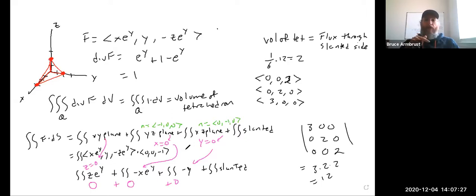But then in terms of the bounds, it's going to be a triangular region. If you come back and you look at this picture over here, it's that base triangle. So you'd want to do integration, man, I'd probably go with the y's first from 0 to whatever this line is. And then the x's are going to go from 0 to 3. I think that this is one where I wouldn't use the divergence theorem if all I was looking for was the flux through that slanted side. I would just go ahead and do it